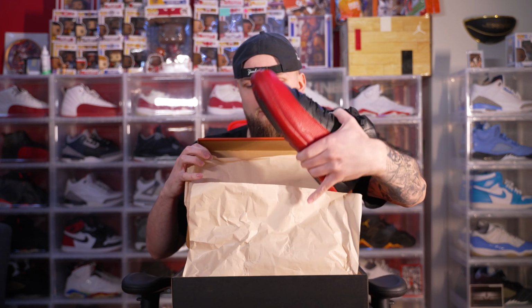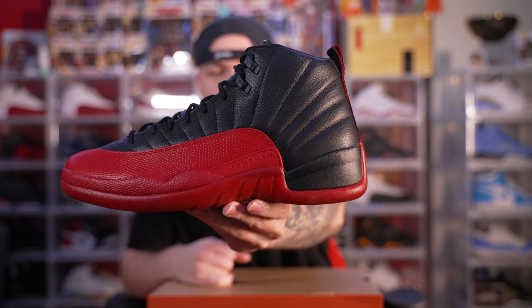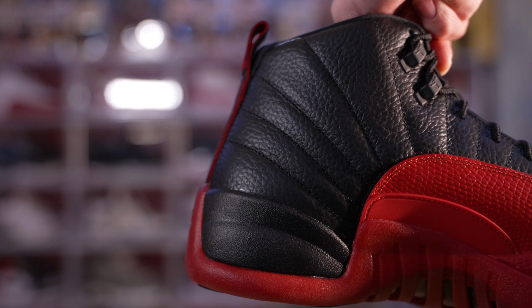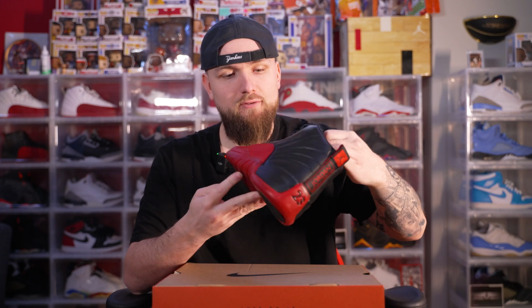I'm going to show you guys some details. This is a super popular release, guys. Like I said, they did a pretty good job with the shape and stuff. They actually revamped the back of the shoe to have a slight slant on it. It seemed like the original, and the shape of the tongue, the way it sits and everything, is closest to the 97 as we've probably ever gotten. So this is actually a good